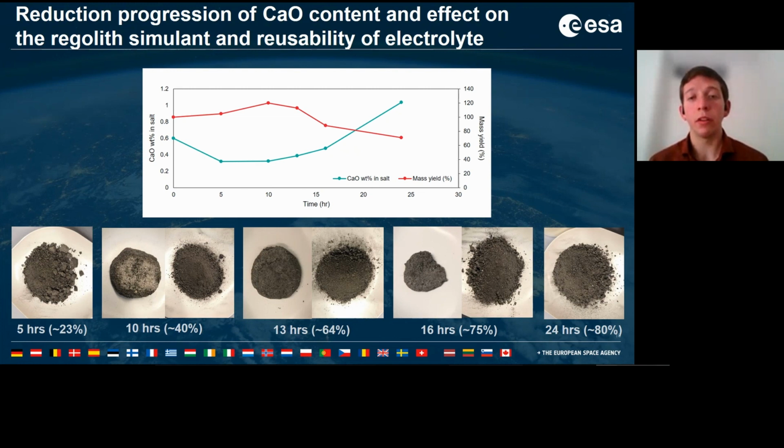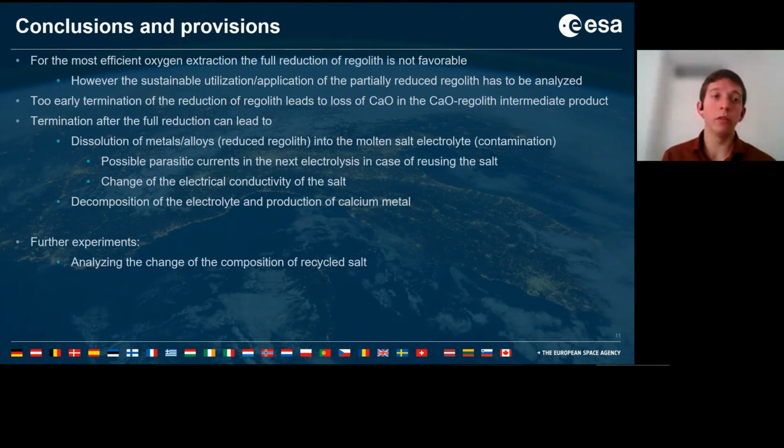Both of them are detrimental for reusing or recycling the salt, because they are increasing the conductivity of the electrolytes, giving possibilities for short currents, and also can cause contamination and parasitic currents in recycling the salt. To sum up, we have seen that for the most efficient oxygen extraction, the full reduction of the regolith